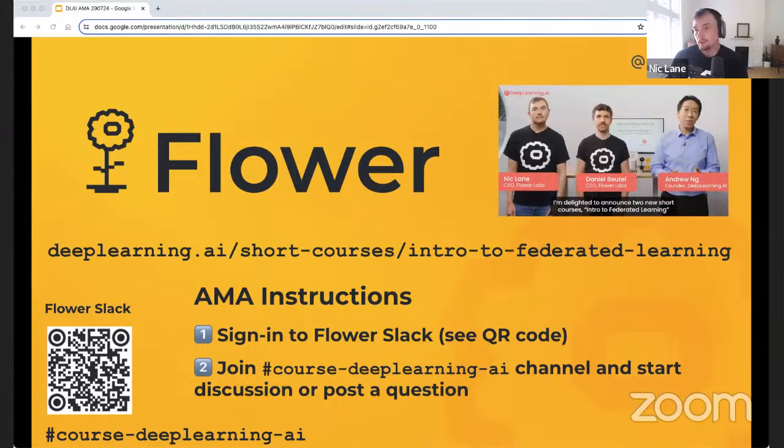The first question we've seen variations on a number of times. Basically, they say, I've used the notebook, but how can I run this on my own machine? They say something like, I want to run this on a GPU, or on a beefier machine, and so on. I've seen this a number of times. Daniel, do you want to take this one?